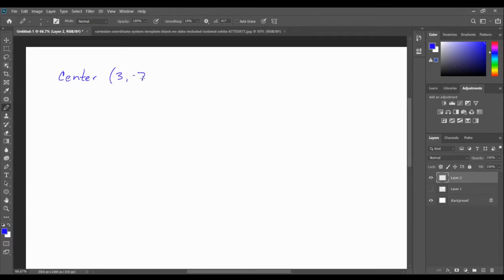I think it was 3, -7. And the radius of my particular problem is 1/3. So that's the problem I've been given, and I'm asked to find the equation of the circle having that center